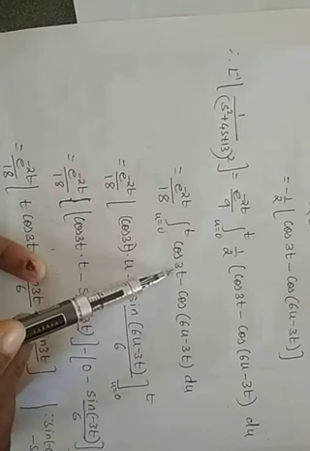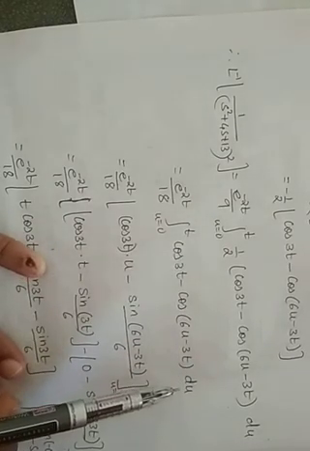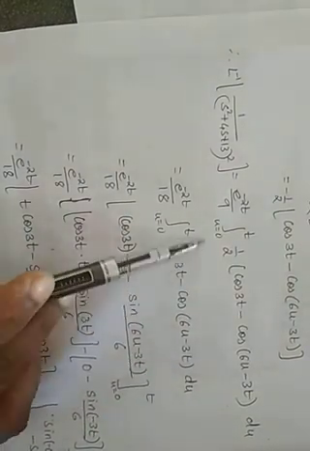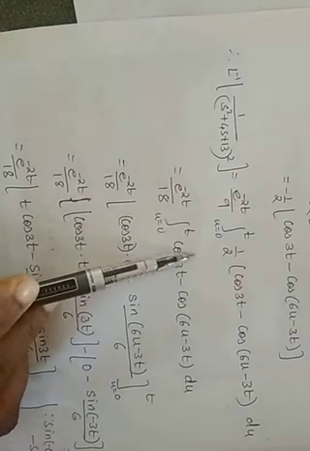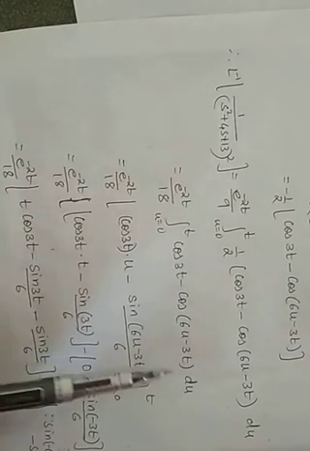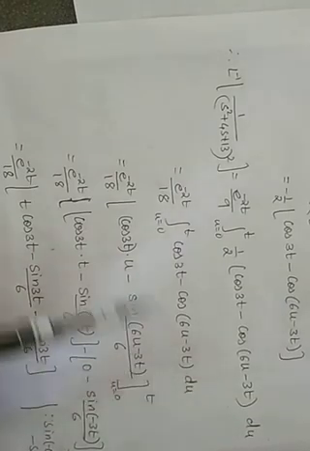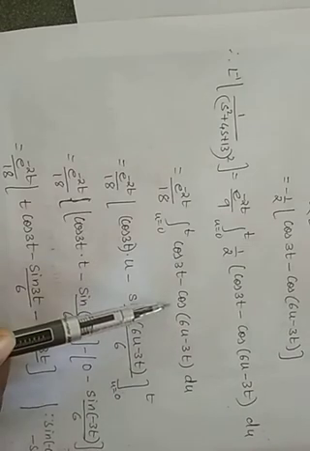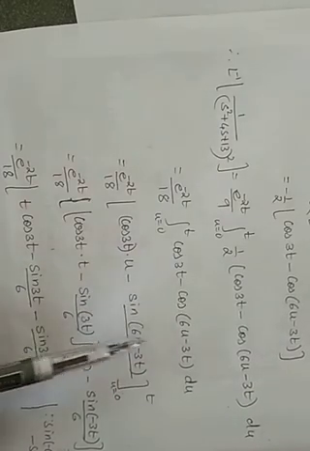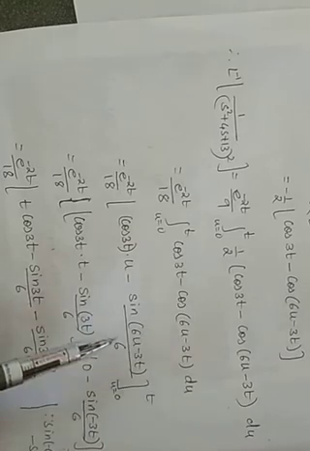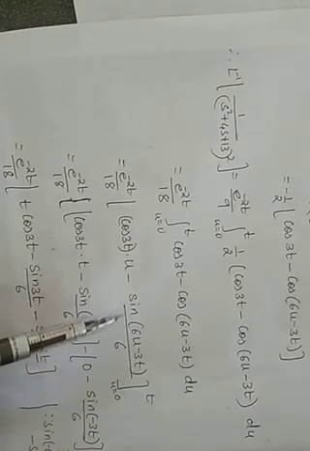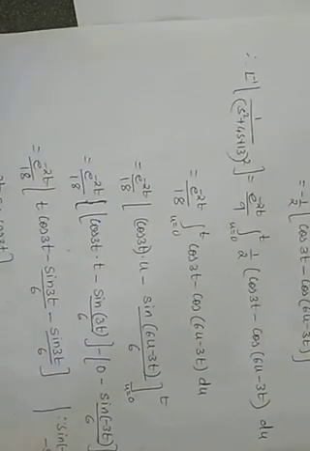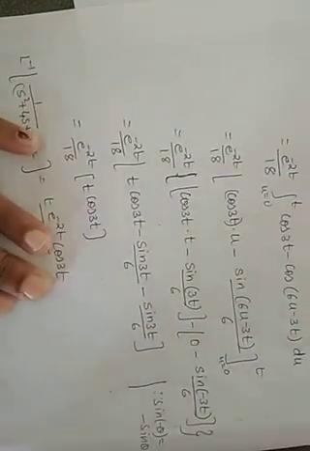So integration of cos 3t with respect to u, cos 3t is acting as a constant. Once it comes out, the function to be integrated is 1. And what is the integration of 1 with respect to u? It is u. So the answer is cos 3t into u minus integration of cos, which is sin, and whatever the coefficient of u is must come in the denominator. So it is sin of 6u minus 3t upon 6. Limits ranging from u equals 0 to t.